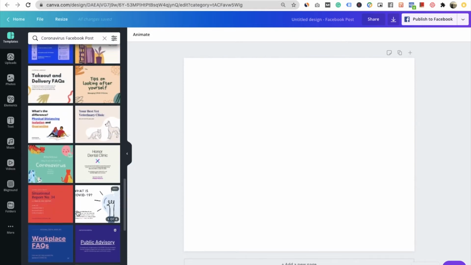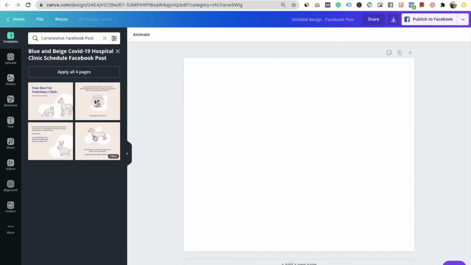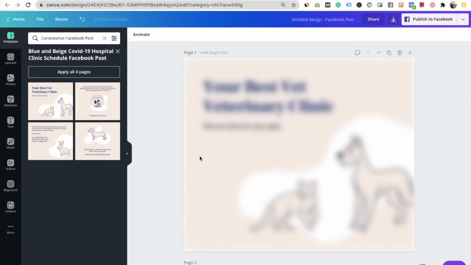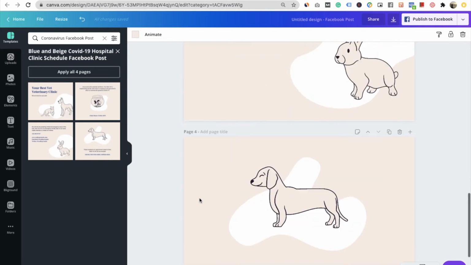Let's say I choose this one probably, and there you can see these are the multiple images. You can simply click over it, and you can see what the images are, and you can apply them.